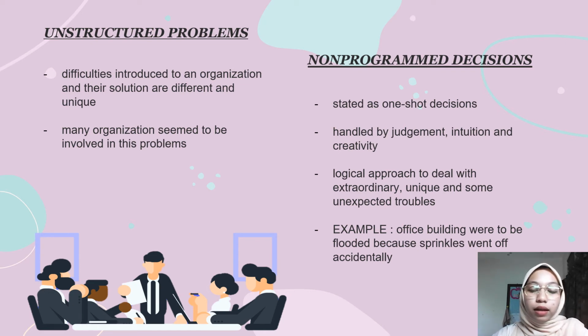The instance that I could relate is if an office building were to be flooded because a sprinkler went off accidentally. The CEO with a business in this building would have to decide when and how to start operating again. Other than that, they need to decide the manner to deal with employees whose office was completely destroyed. Besides, there is also another thought that managers need to accomplish, that is analyzing decision alternatives as a step in the decision-making